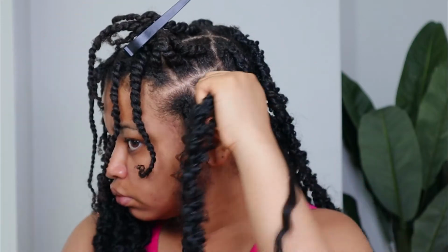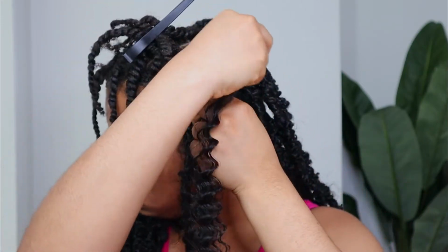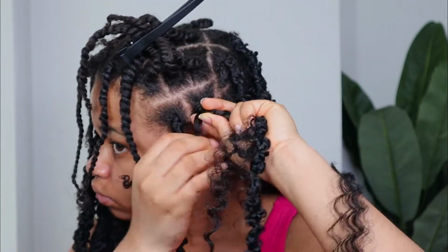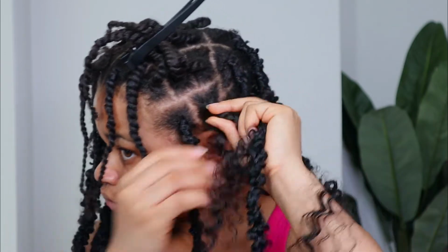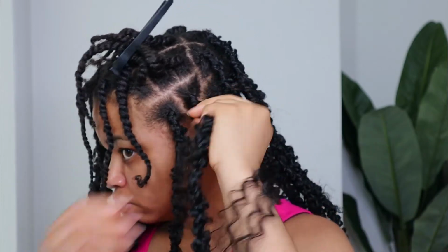Now I took a piece of the water wave and I started wrapping around the hair, and just like I said before, nothing special, okay. Just wrap it around the hair. I wrapped about 2 to 3 times on the root of my hair, then I went ahead to start wrapping it around the body. You just want to keep wrapping it around the body until you get to the tip